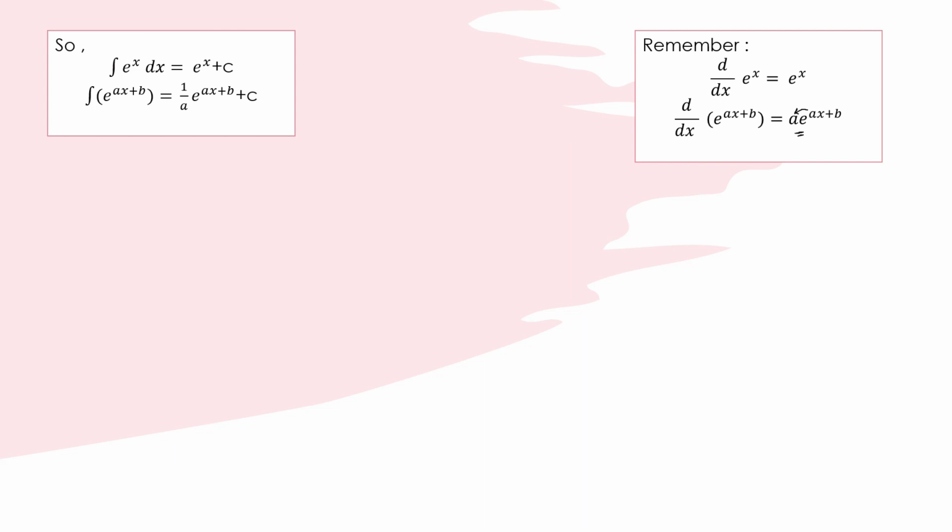Integration is the reverse of differentiation. So here, the integral of e power x is the same, plus c, a special case, where c is a constant. That is for the unlimited integral, when we don't have limits from a to b. If we have the integration of e power ax plus b, then in an integration we will